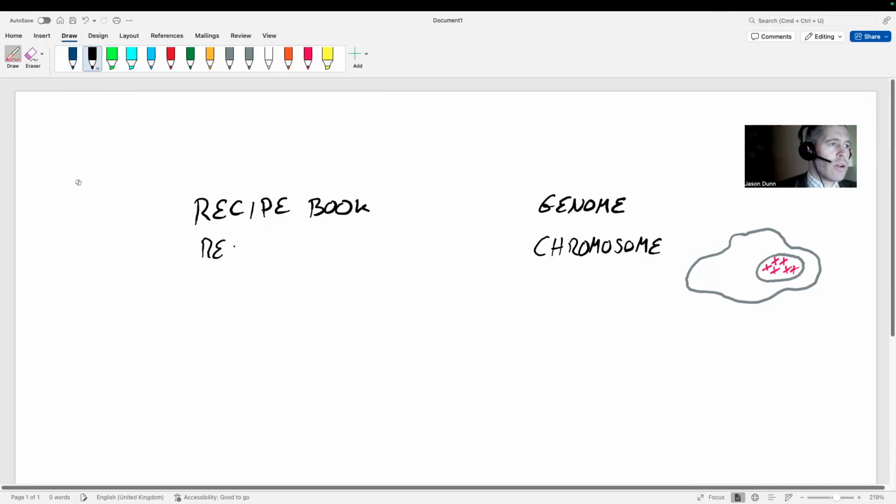So we've got a recipe book. No, it's not. It's like the chapter, let's say, because you might have a chapter on soups. You might have a chapter on, I don't know, fish or who knows what. So our recipe book is kind of like the genome, and our chapter is kind of like the chromosome, which is that thing there.